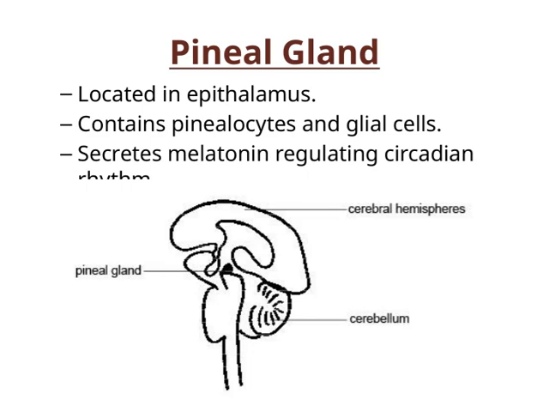The pineal gland is a small but fascinating part of our brain, and it's located deep in the epithalamus. Inside it, you'll find specialized cells called pinealocytes, which are responsible for producing and secreting important hormones, as well as glial cells that support the function of these neurons. The most well-known hormone produced here is melatonin, which plays a crucial role in regulating our circadian rhythm, that is,